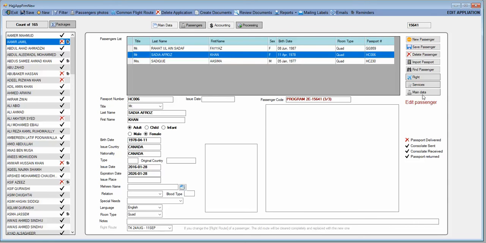In the right part of that tab, you have a group of action buttons, which will allow you to add a new passenger, change information, and save it, delete a passenger from this application, import the passport information, including the picture and the passport photo, search for a returning passenger in the previous seasons, and importing automatically the information into the application here,